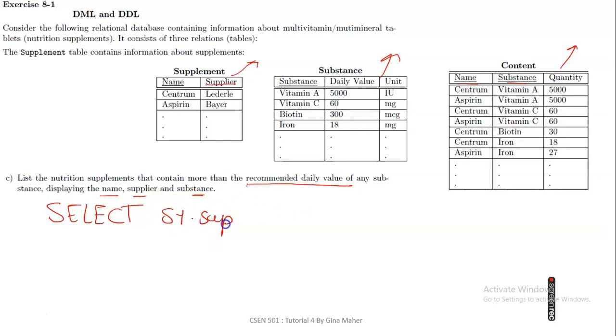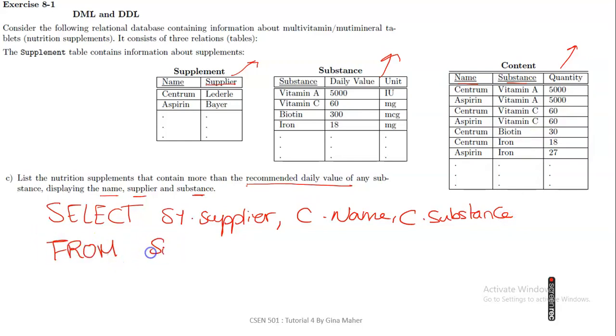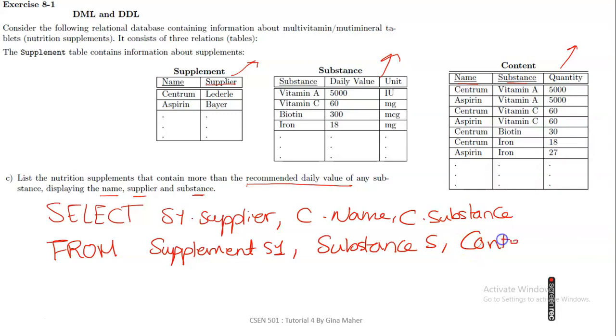S1 dot supplier, C dot name, C dot substance, from the three relations, from supplement S1, substance S, content C. However, since we joined the three tables together, we should write the condition of the join in